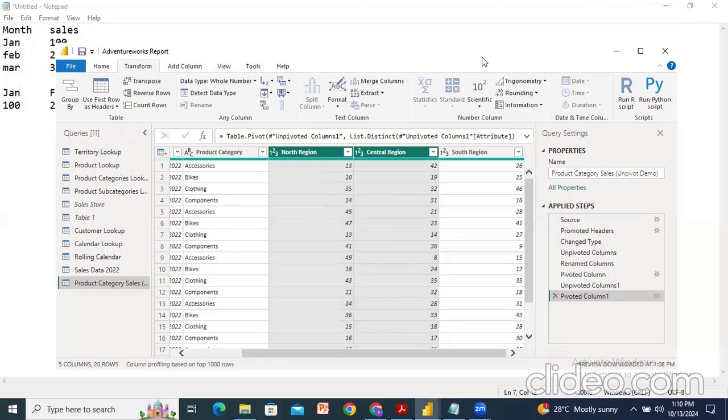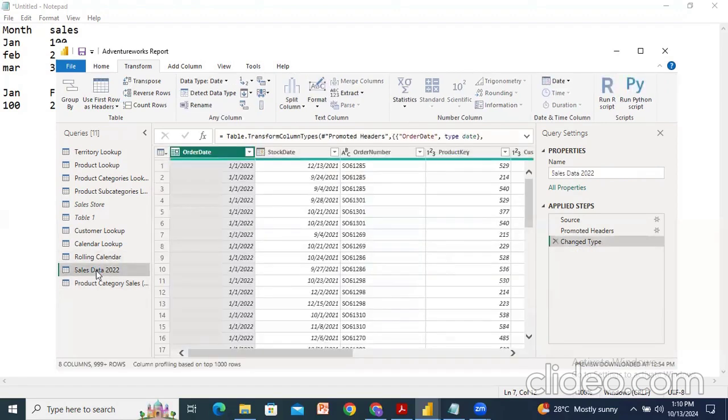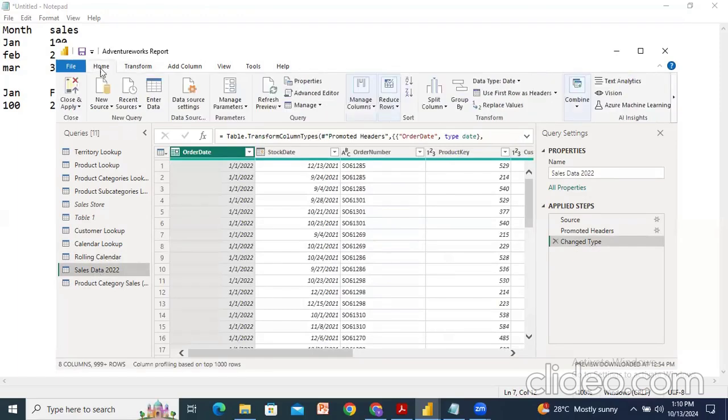Okay. For merging queries, I will choose the data set called sales data 2022. Once I have selected this sales data, go to Home. After that, I have to select merge queries. Just find the merge queries option, like merging the data. Here the option is